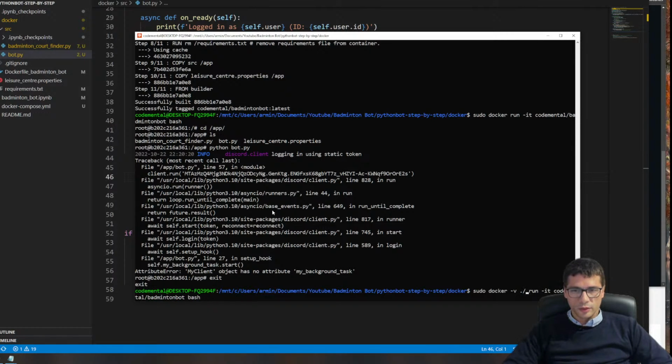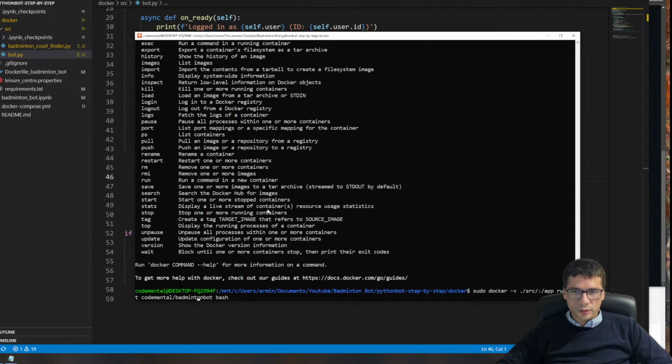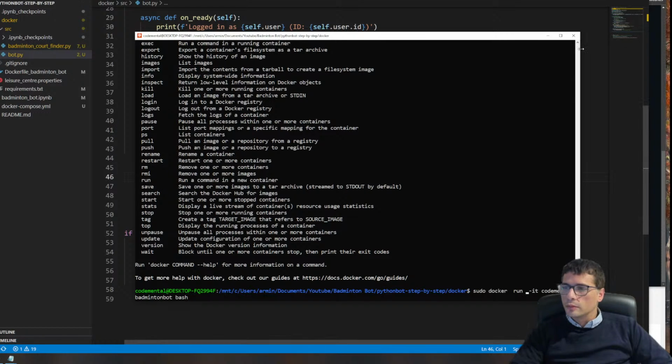I'm already in Docker actually, so source, yeah, and then I'm going to map that to app directory. Minus. So